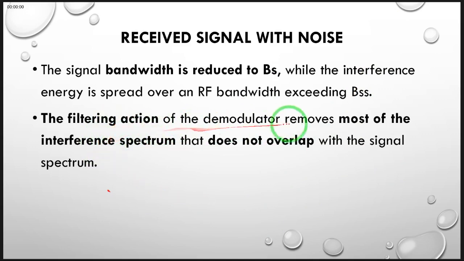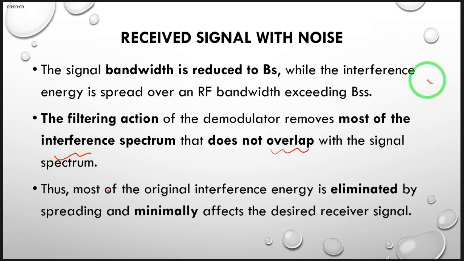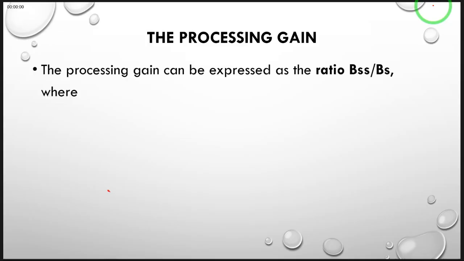So the filtering action of the demodulator removes most of the interference spectrum that does not overlap with the original signal that we have seen, and most of the original interference energy is eliminated or its effect is minimized. In terms of the terms that we have used, we have said that the processing gain is given by